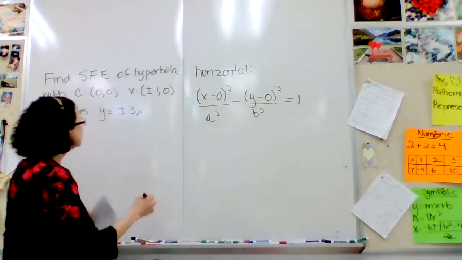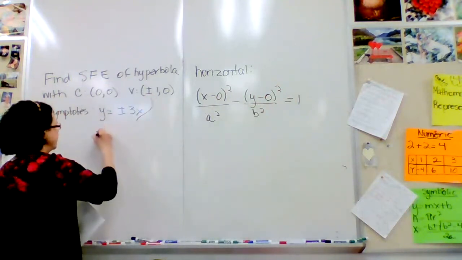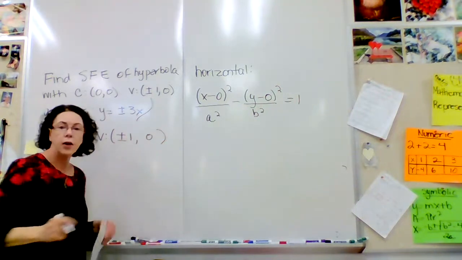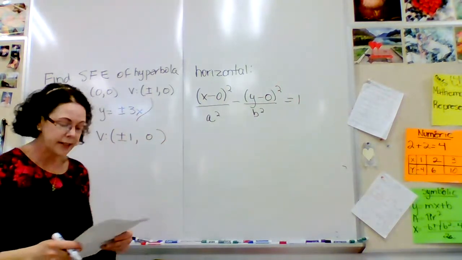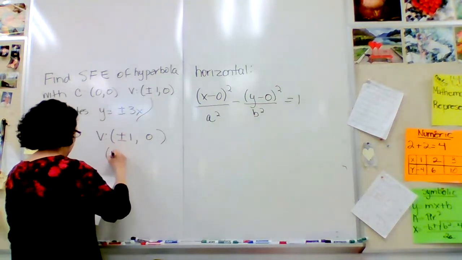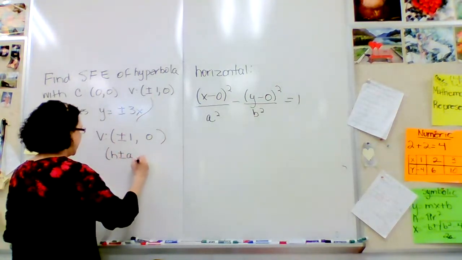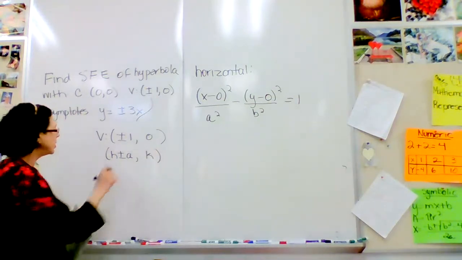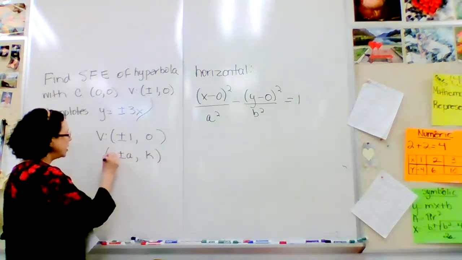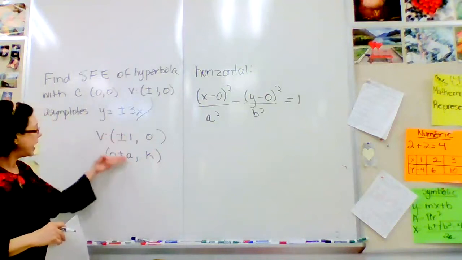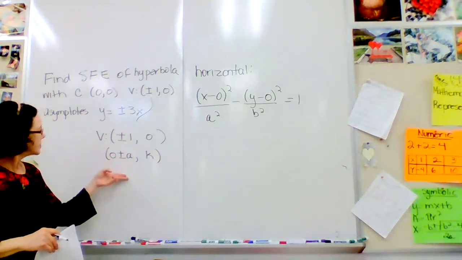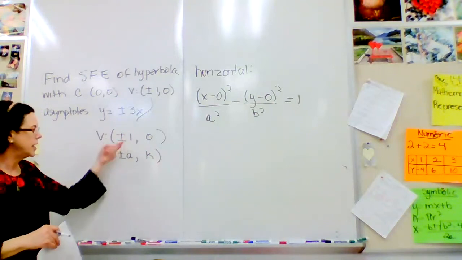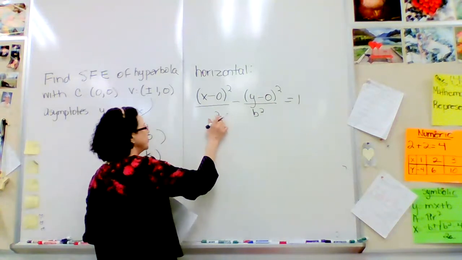Okay. For the vertices here, I am going to write underneath the equation for the vertices. That is h plus or minus a, and of course, here's my k. We already have that the k is 0, and so is the h, right? So I can see that my a must be 1, right? To make the plus or minus 1 in this position here. So my a is 1,